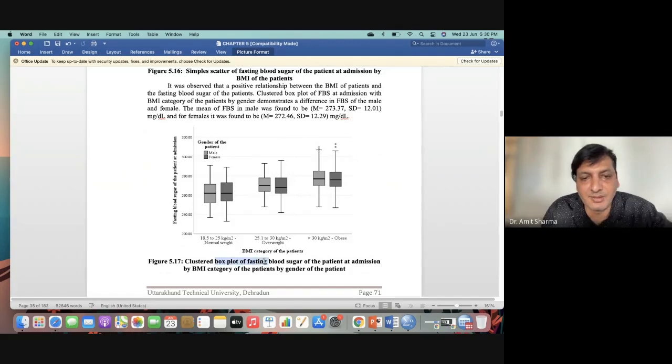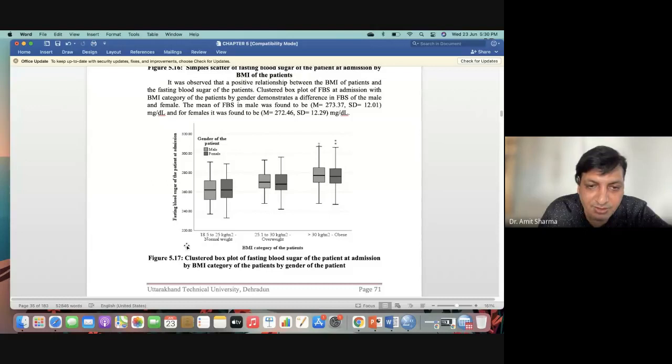clustered box plot. See, whenever you are writing the result, the name of the graph should be written at the starting. You cannot write a graph has been plotted. So in SPSS, whenever you are going to make a plot, with the movement of the mouse, the software is going to guide you as to which plot you have plotted.